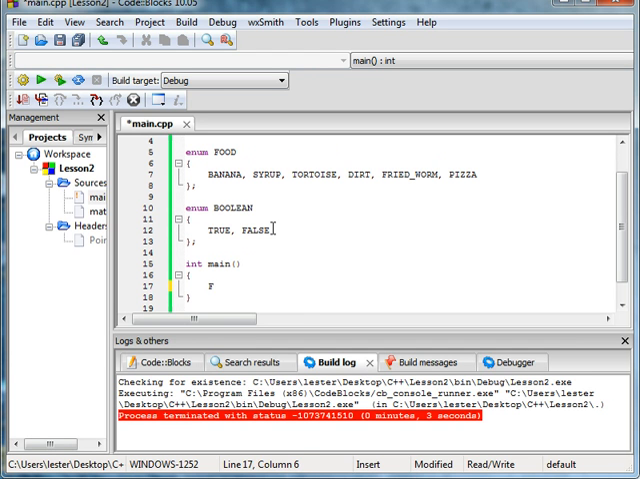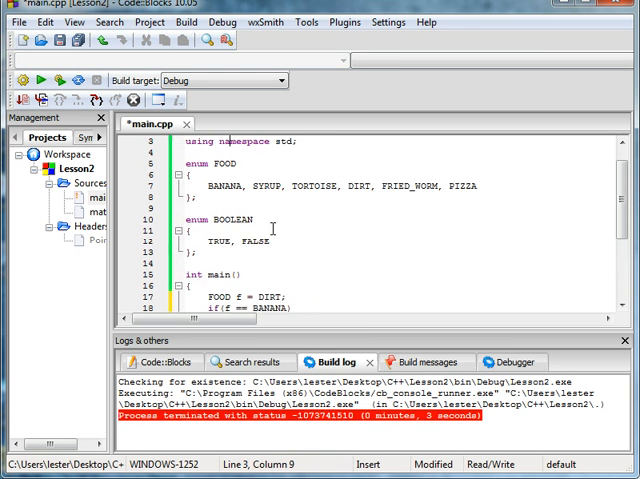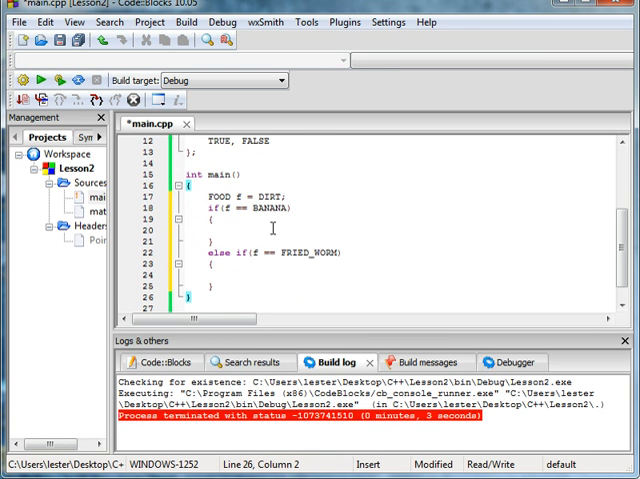And if you remember from our last tutorial, if you create a food object and set it to say dirt or whatever, and then you could say, okay, if f equals banana, do this, else if dirt or f equals fried worms or whatever. And you see, okay, it doesn't really take a long time, but let's say you had